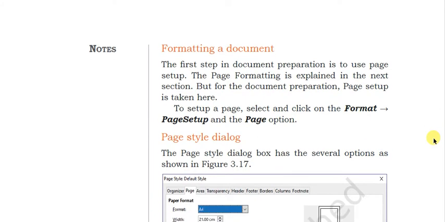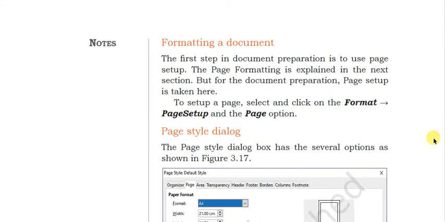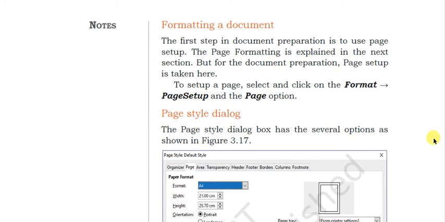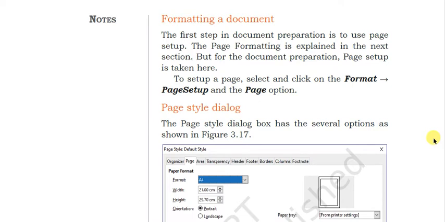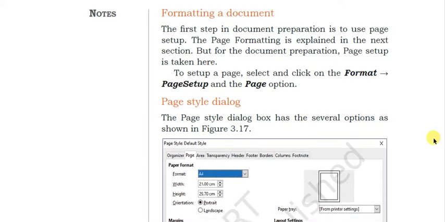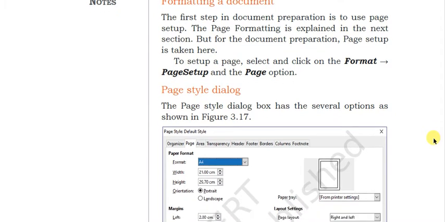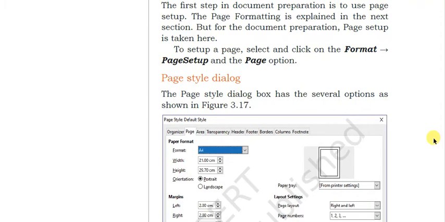Now we come to the formatting of a document. If you have worked on Microsoft Word, then all these options will be familiar to you. So the first step in document preparation is to use page setup. How to set up your page. The page formatting is explained in the menu format, and you go to page setup and then page option.